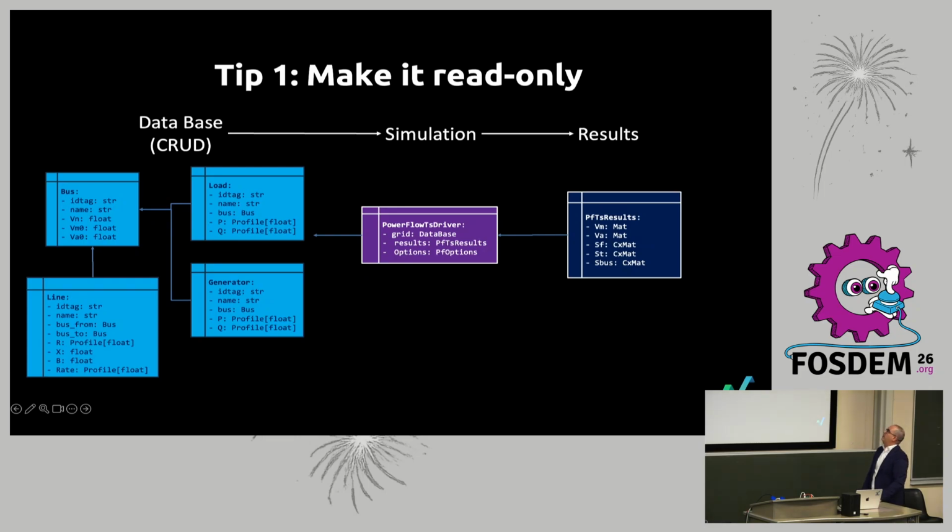The number 1 tip is make it read-only. I know this might be a bit cryptic, but in computation, every time you create something in memory and then go back and try to change it, the computer says, expensive stuff. That's hard to realize. I realized this writing a C++ engine, and by not respecting it, I was capping 30% of the performance. So every time you have a database, once the user writes it, keep it that way. Once you start a simulator, keep it that way. Once you write the results, keep it that way. That's fast.